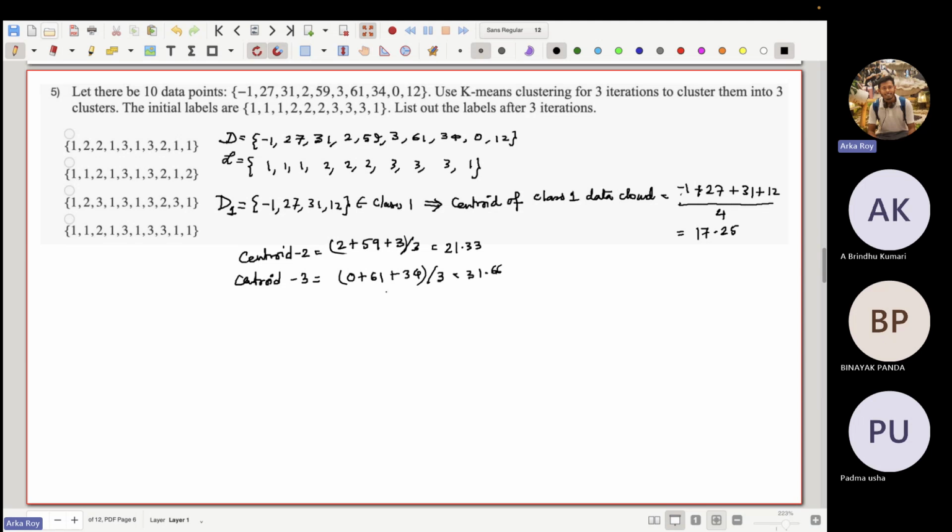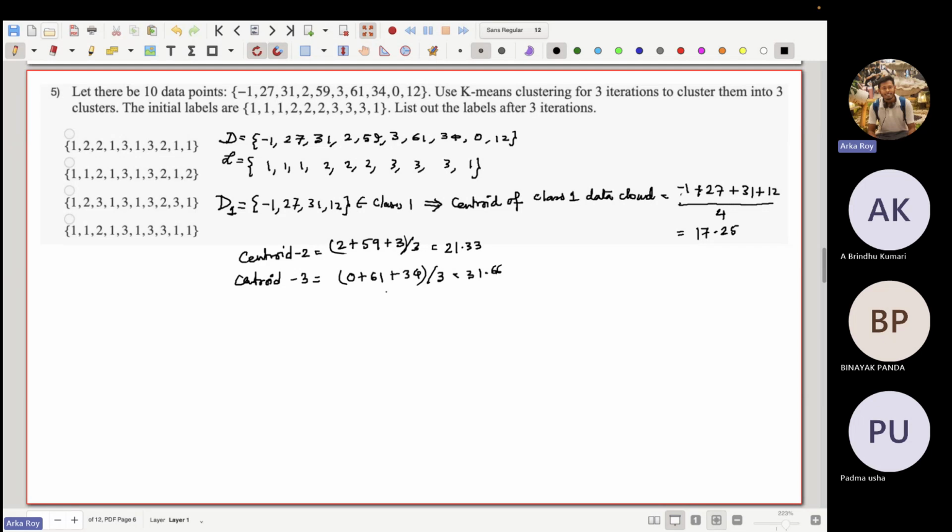So now you can see you have got the three different classes, and corresponding to each class you have got the point clouds, and from the point clouds you can get the centroid of the data. Now we are at a position to start the iteration. So you have pre-computed the centroids of each of the data clouds. And now we can reassign each of the data points based on